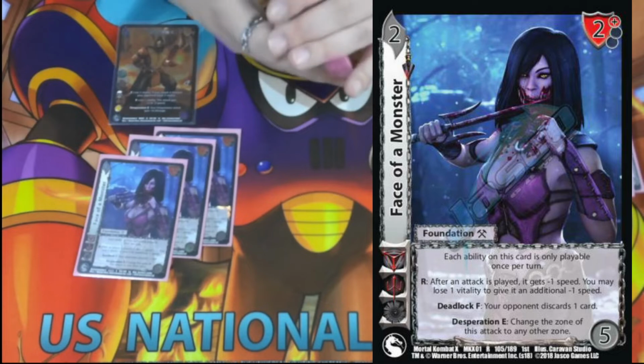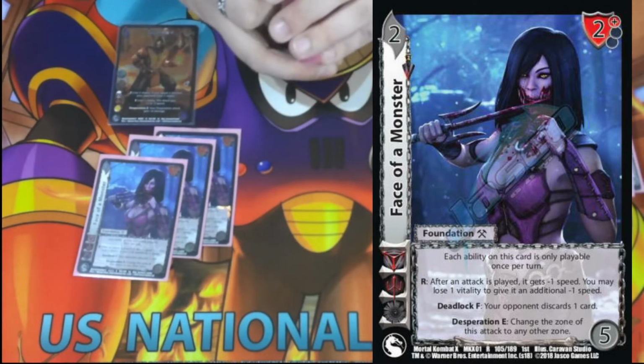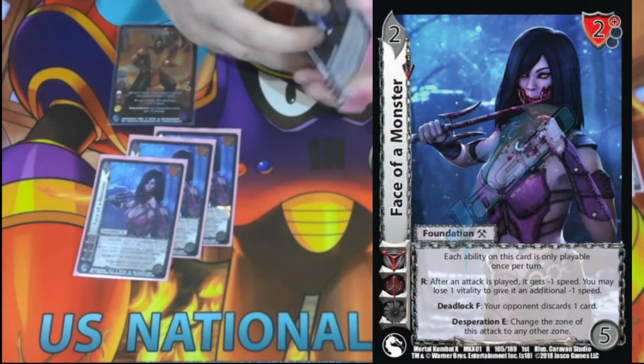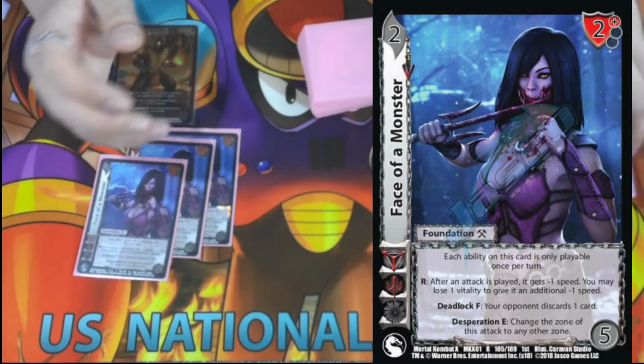It's a 2/5 with a 2 high block. Has 3 playable once per turn playable abilities. Respond: this attack is -1 speed. You can pay 1 more to give it another -1, so -2 total, basically. And then Deadlock form: your opponent discards a card, and Desperation E changes the zone of your attack, making it